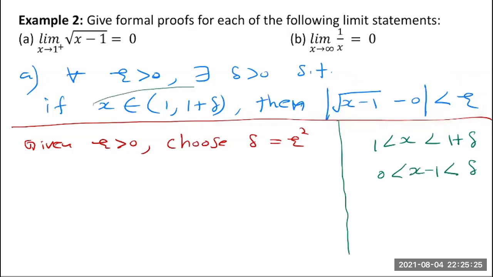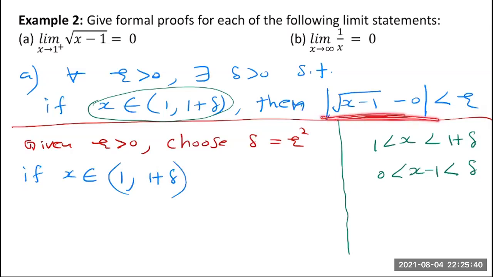Pardon me, I'm going to assume that x is in this interval, 1, 1 plus delta. Then I want to show that the absolute value of the square root of x minus 1 minus 0 should be less than epsilon, right? So I know that if x is in this interval, my x minus 1 should be greater than 0 and less than delta. Okay, with that in mind,